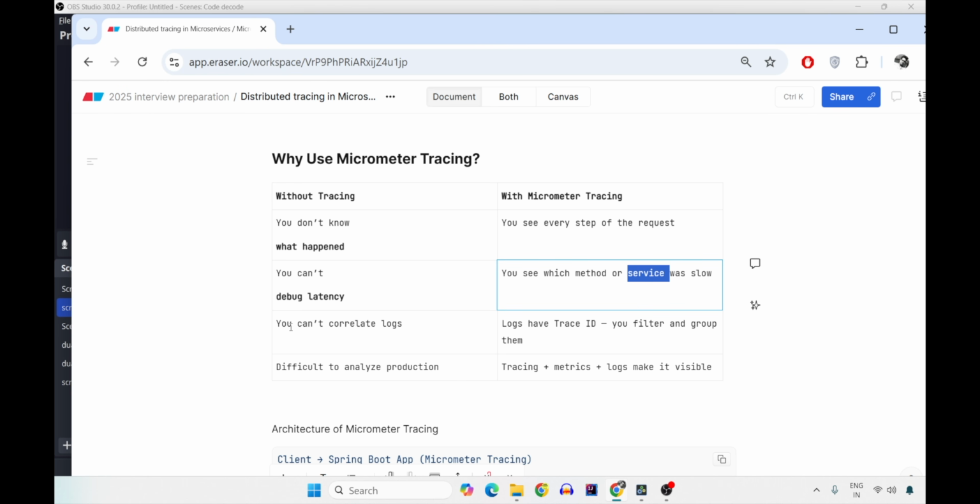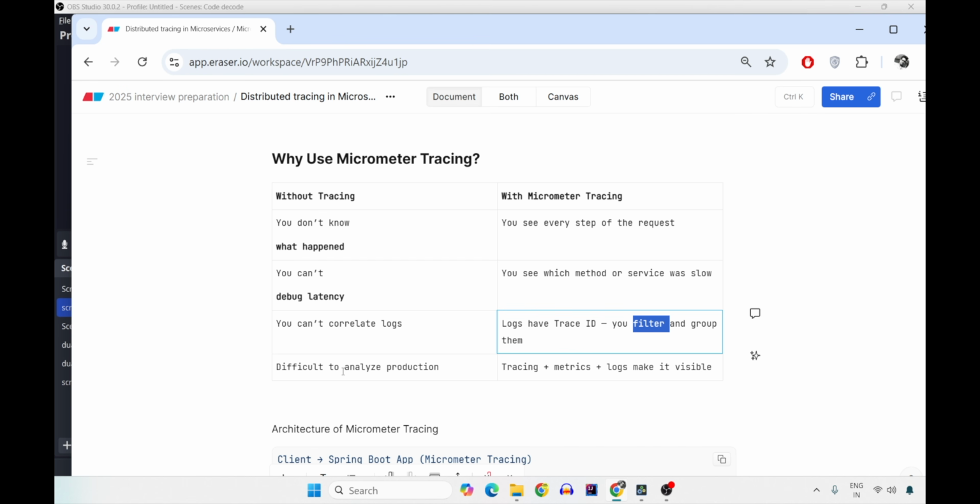The third is you cannot correlate the logs. Basically, you cannot see the logs because there is no grouping and filtering of them without any ID. But here with Micrometer Tracing, each and everything is tightly coupled with a trace ID and a span ID. So you can easily filter with the trace ID across how your request went through 4 microservices, and you can filter them with span ID, like how one request in this particular order microservice is behaving.